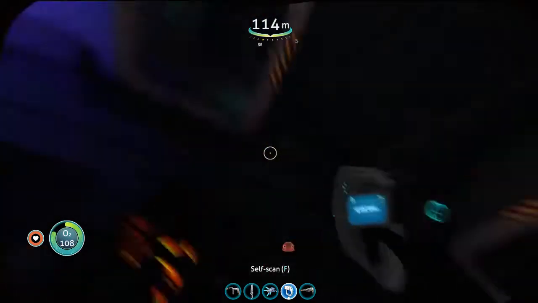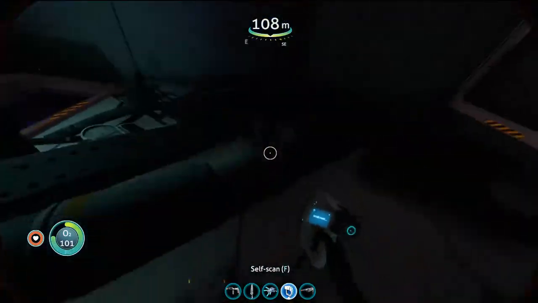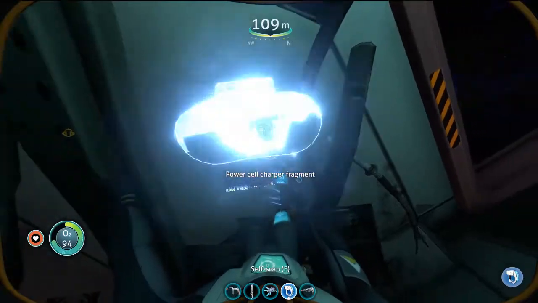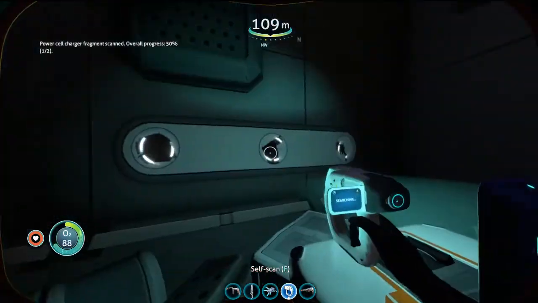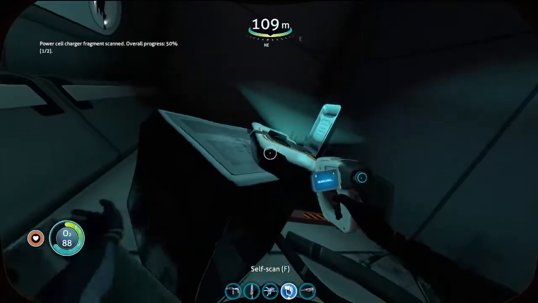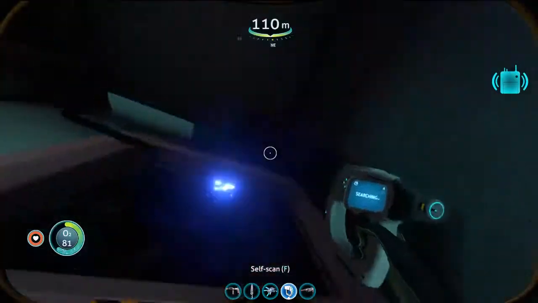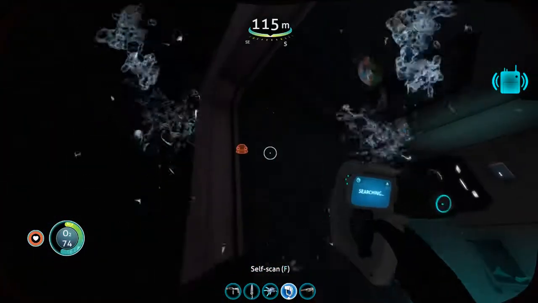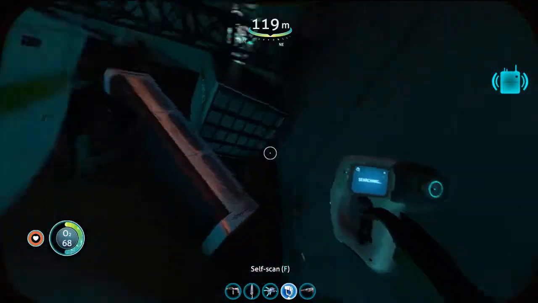How's my oxygen looking? Pretty good. See, the thing about these wrecks, though, is that it can be hard... Ooh, power cell charger fragment. I actually definitely want this, too. It can be kind of hard to tell what's a fragment and what isn't. There's also another message, apparently. There's another data box somewhere in here. I'm not as concerned about getting that one, because you can get...